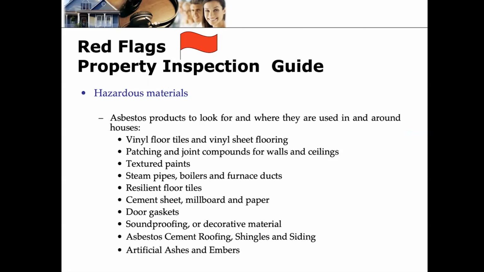All right, asbestos products to look for and where they're used in and around houses. Vinyl floor tiles. Remember the little 12 by 12 inch tiles? Vinyl sheeting flooring. Patching and joint compounds for walls and ceilings. Textured paints, steam pipes, boilers, furnace ducts. Resilient floor tiles, cement sheets, millboard, paper, door gaskets, soundproofing, decorative materials, asbestos cement roofing, shingles and siding, artificial ash